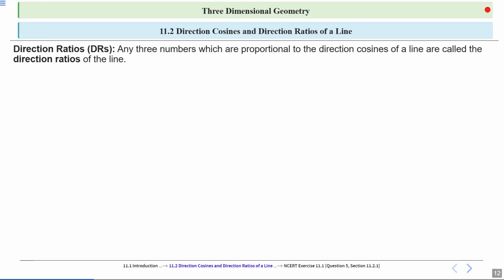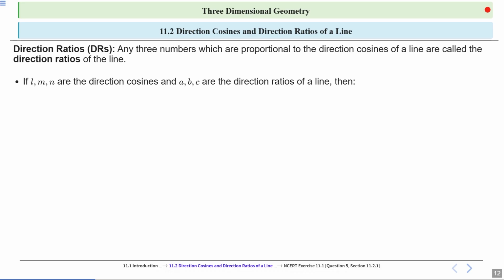Now, let's discuss direction ratios. Any three numbers which are proportional to the direction cosines of a line are called the direction ratios of the line. So now let's look at the relationship between direction cosines and direction ratios. Suppose L, M and N are the direction cosines and A, B, C are the direction ratios of a line, then